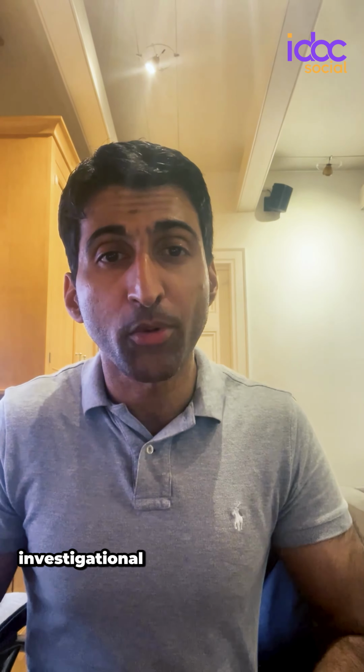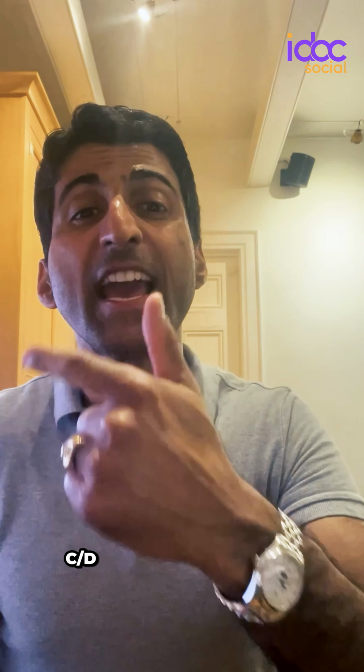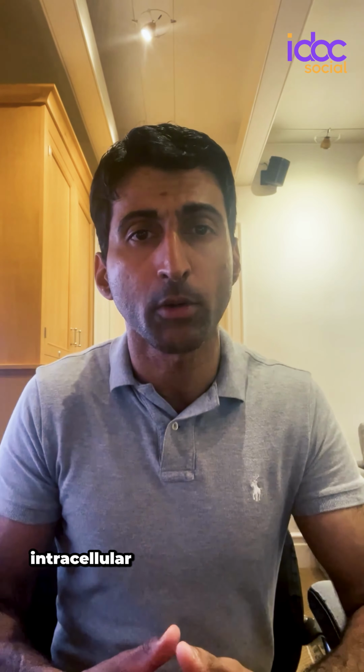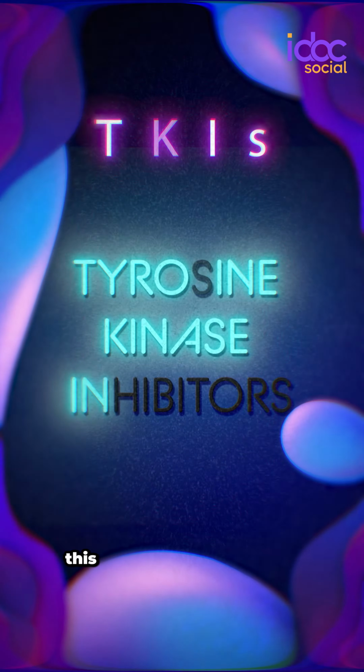Opthea's investigational product, OPT-302, is currently undergoing phase 3 clinical trials to assess its effectiveness as a VEGF-C and D inhibitor when in combination with either ranibizumab or aflibercept. These are all extracellular approaches to block VEGF activation. But what if we could block receptor activation through an intracellular mechanism? That's exactly how tyrosine kinase inhibitors work, and there are a few companies in this space that are looking at